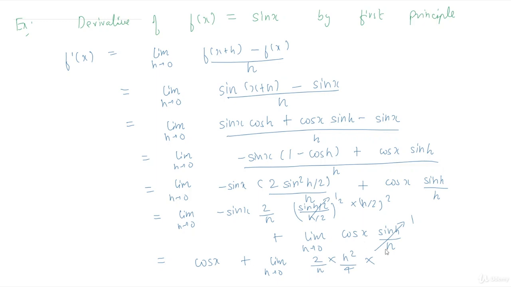So if we evaluate the limit, this will become sin h by 2 over h by 2 whole square. So this will be equal to 1 when we evaluate the limit. And the final thing will be cos x